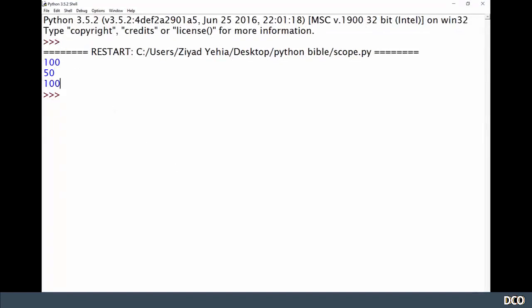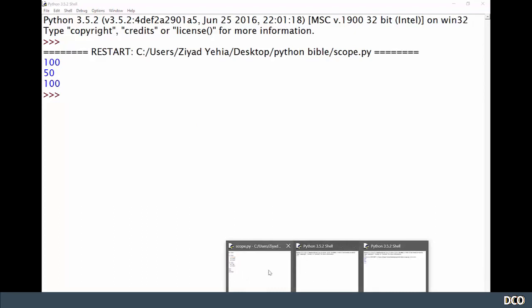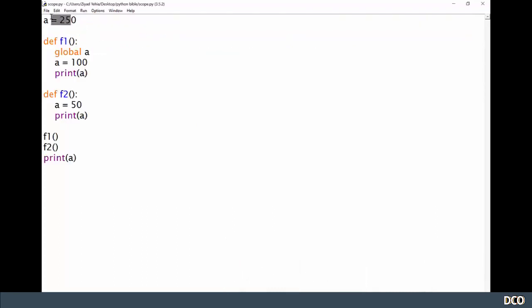And the reason we got the 50 in the middle, okay, actually, let's just start from the top. We had a global variable called a, okay? We then say to Python, hey, I'm going to change it with this global a statement. We then change it to 100 and print it. Now in function 2, because we didn't type global a,